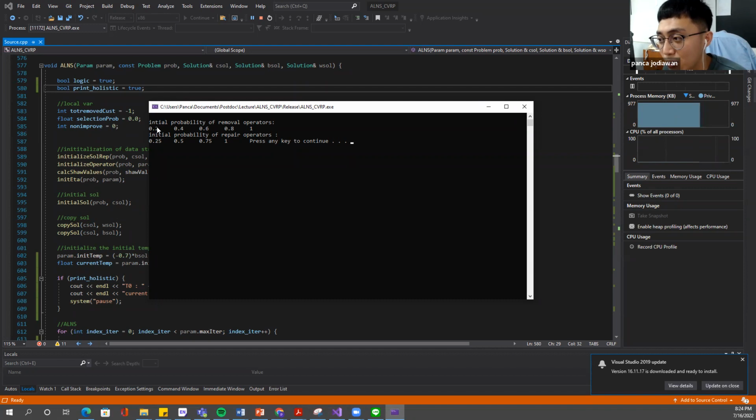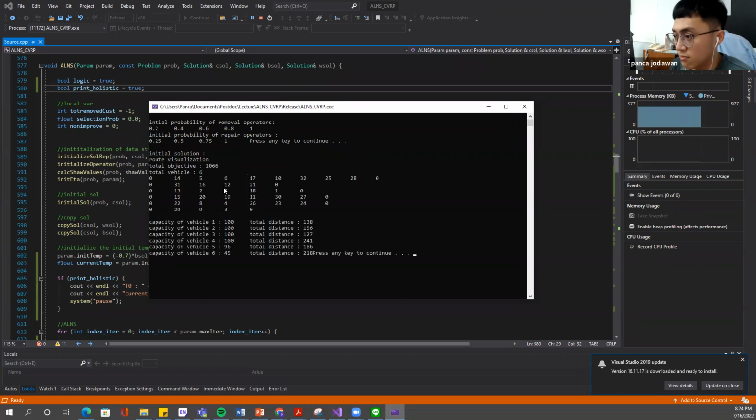The second one is 0.4 cumulative, which means that the probability of selecting operator 2 is 0.4 minus 0.2, which is also 0.2, then 0.6, 0.8, and 1, so they are divided equally. And here we have 4 repair operators, also divided equally likely: 0.25, 0.25, 0.25, and 0.25.